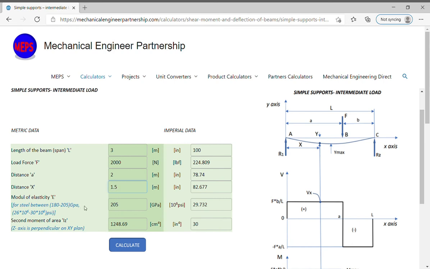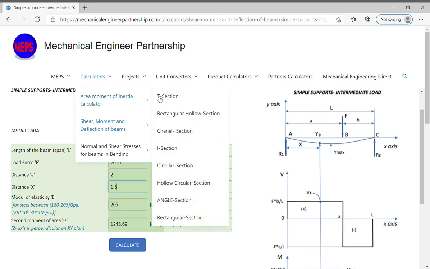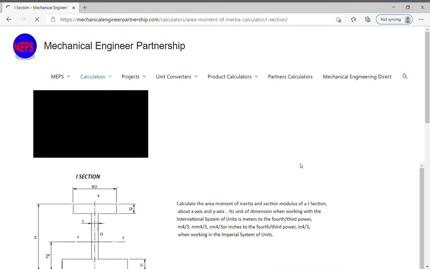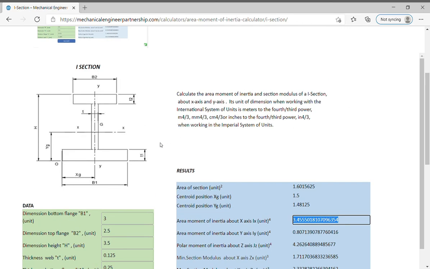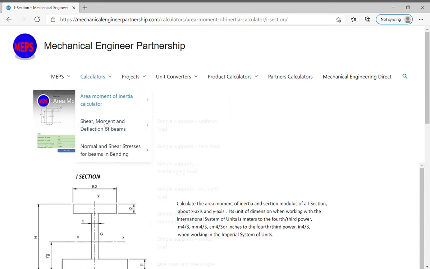In regard to the second moment of area, if you already have the value, write it in the corresponding cell, in centimeter to the fourth power. If not, choose calculators and then area moment of inertia, choose your beam section, for example an I section, choose area moment of inertia about x-axis, in this specific case, copy the value and return to the simple supports intermediate load, shear, moment, and deflection of beam calculator, paste the value of area moment of inertia,